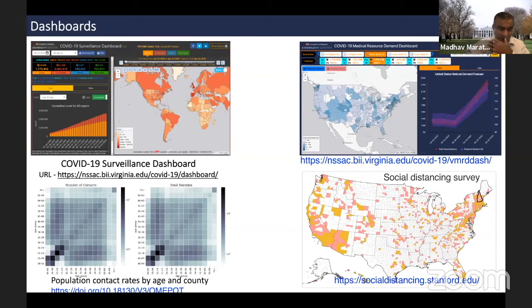On the left below, we have produced what's called contact matrices. A lot of epidemiologists have interest in it that tell you how individuals interact with each other, and you can build these social contact networks from it. And the fourth one at the bottom is a joint effort with Stanford, Michael Bernstein's group, and Jacob is, I believe, leading that effort there. But we're building a crowdsourced platform to collect various social distancing measures counties in the US are putting together. And this has been challenging, actually.